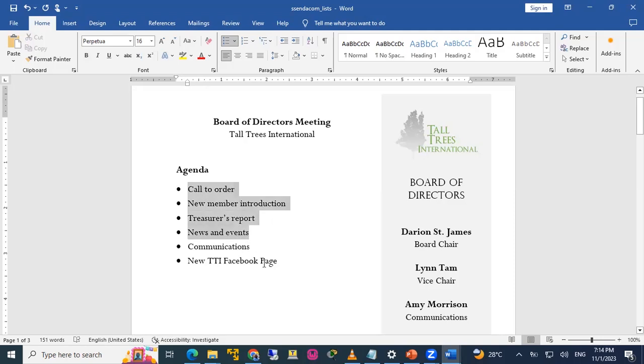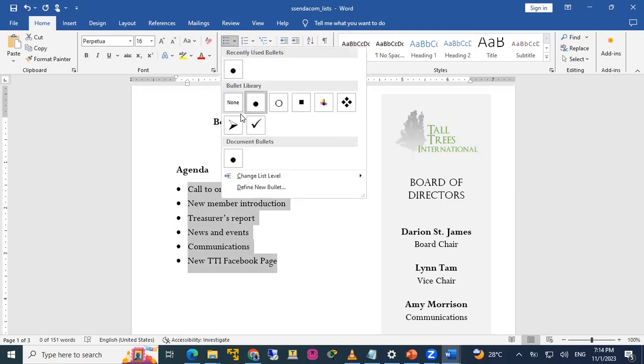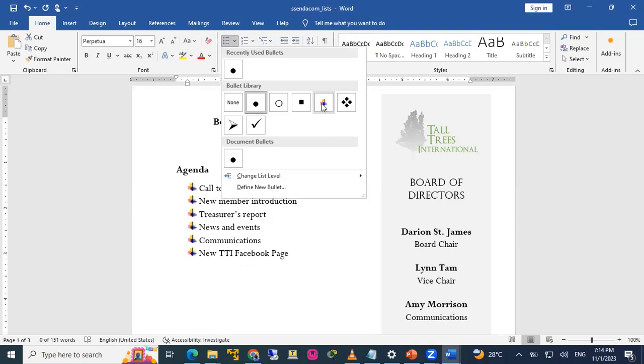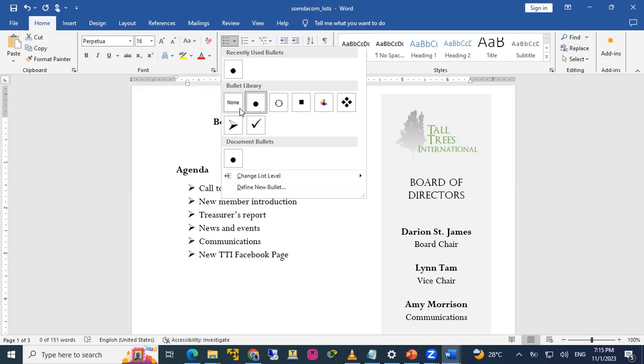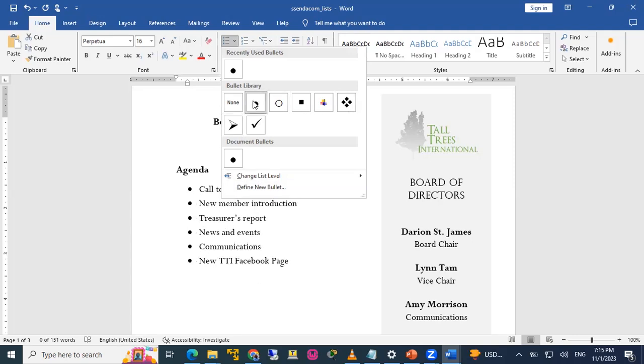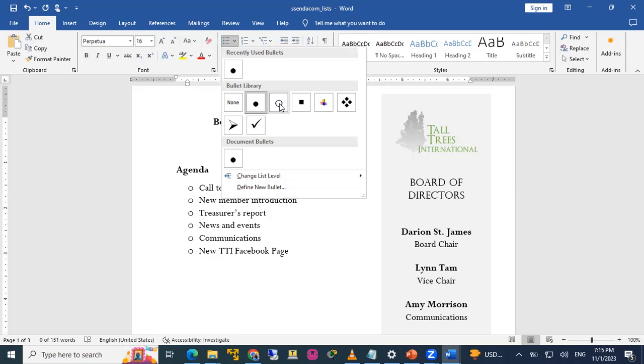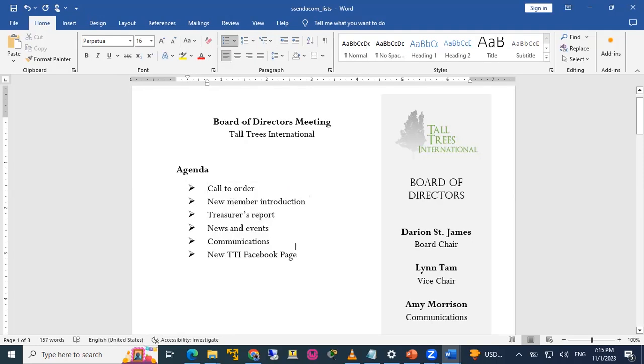If you don't want the dots, you only go to the drop-down arrow there, and then you select any of these, depending on what you want. If you don't like any of these, you can go and look for your symbols. So I want you to know that you can change the bullets from a dot to a hollow circle, a straight circle, to a square, to some other symbols, to an arrow or to a check mark, so I can just use this one. So that is for the list.